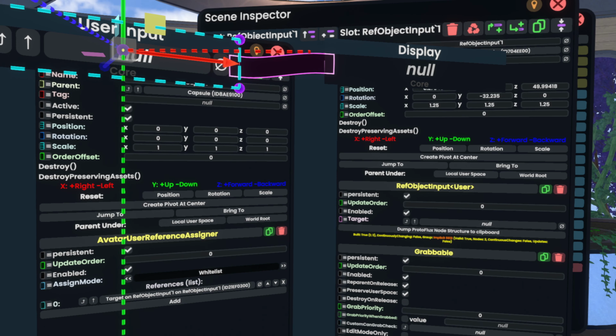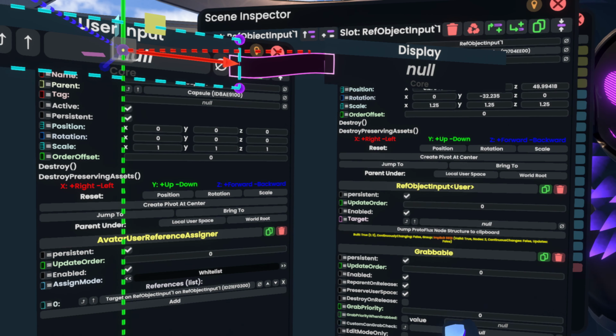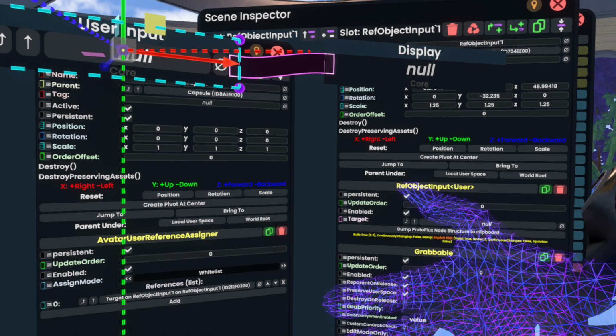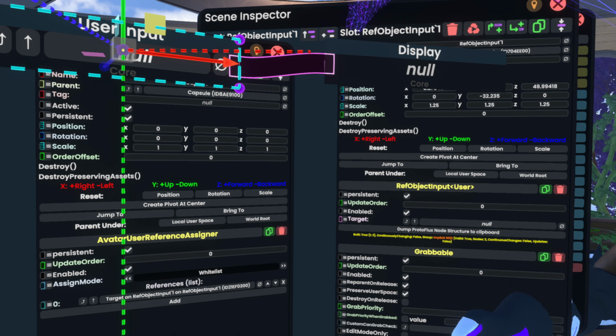Now, if I spawn out another avatar, there we go. So I'll spawn out this avatar over here, which you won't see. I'll just move right here. So now if I equip this avatar,